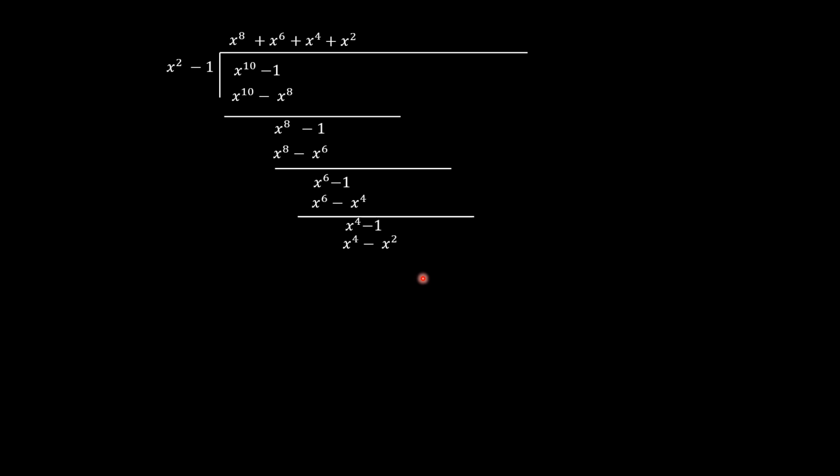You get x to the power 4 minus x squared. And therefore, you subtract that from x to the power 4 minus 1. You get x squared minus 1, and multiply 1 by the divisor. You get x squared minus 1, and that becomes 0 when you subtract from x squared minus 1. So dividing the two polynomials in the previous